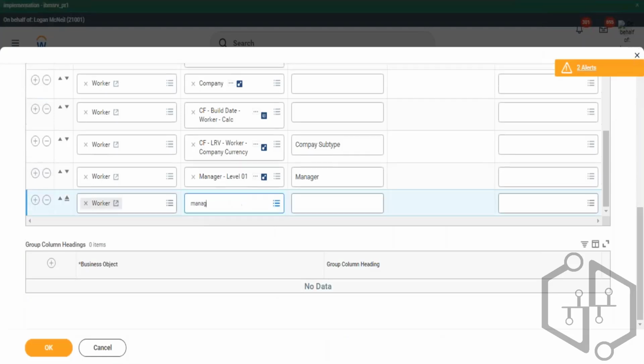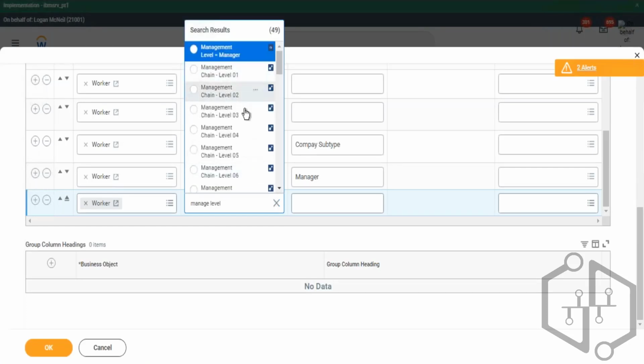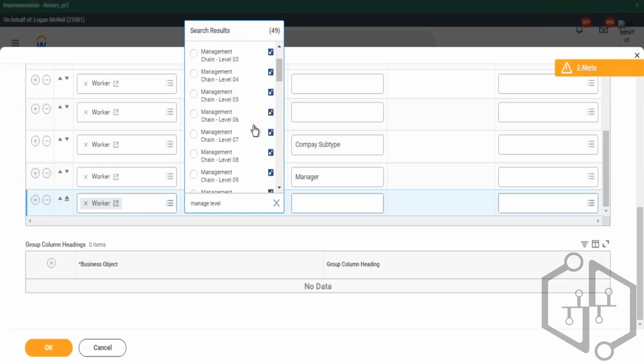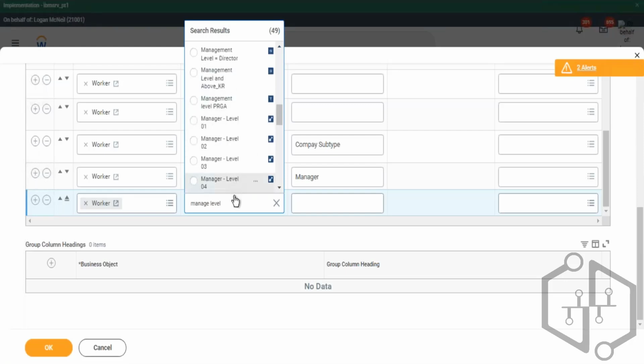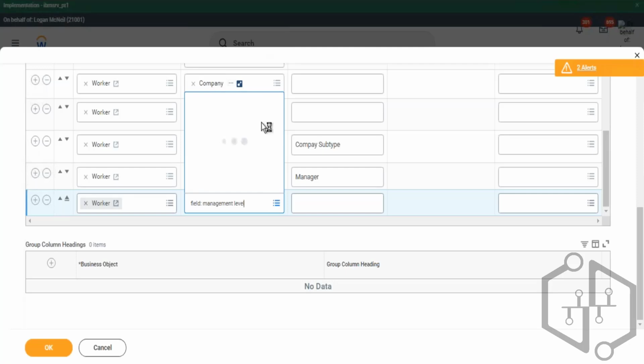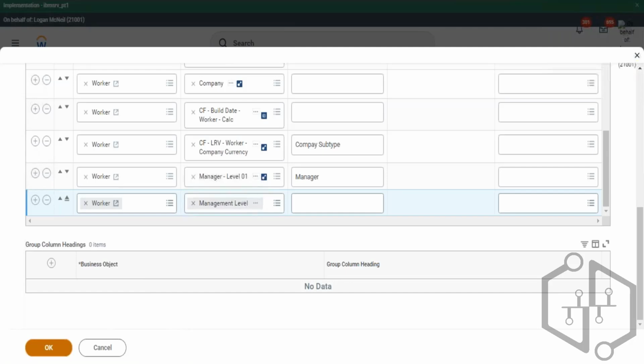I'm adding that management level as well, just to confirm that our output is correct. Where is management level? We can also use search prefix directly here. So now when I run this,